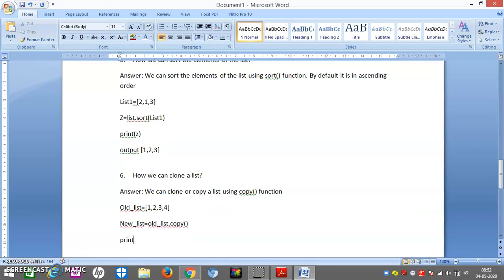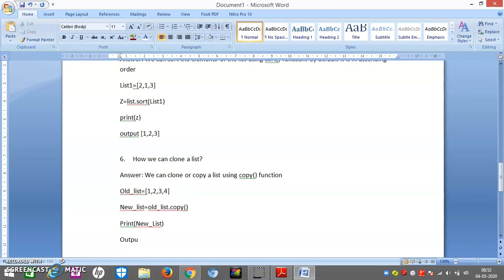Now whenever you print new underscore list, our output will be the same, 1, 2, 3, 4. Always remember that the value flows from right to left. The old list's value is being copied where? Into the new list. So the value is always copied from the old list to the new list. So it means the value arrives from right to left.